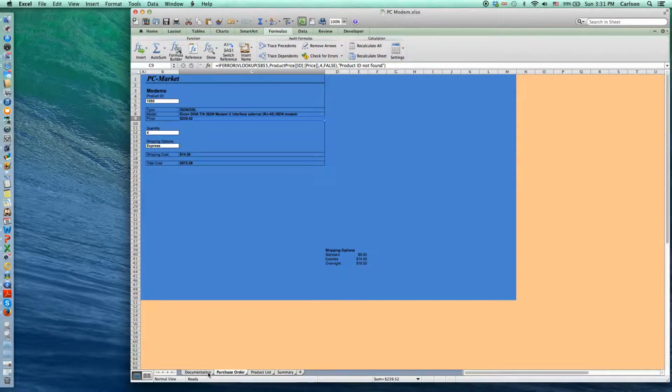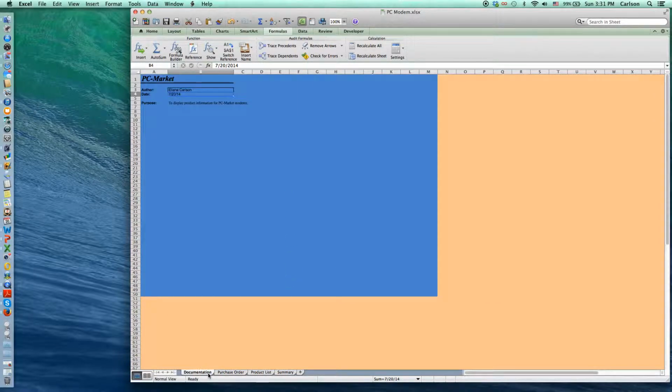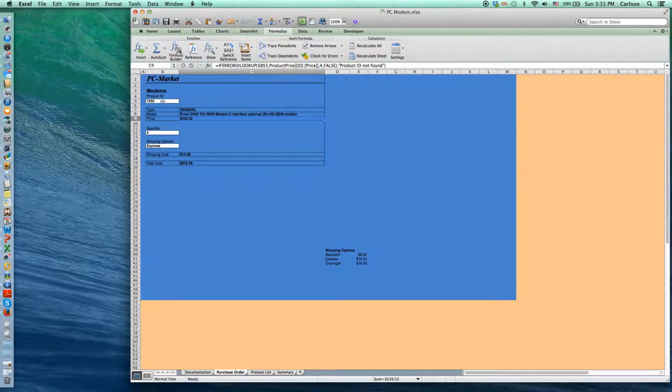So basically, the steps I followed to complete this workbook: I went to the documentation sheet and entered my name and the date. Then I went to the purchase order section and entered the product ID. After that I inserted the VLOOKUP function, the vertical lookup function, in which we are looking for the product ID entered in cell B5, and we are using the data from the product list under